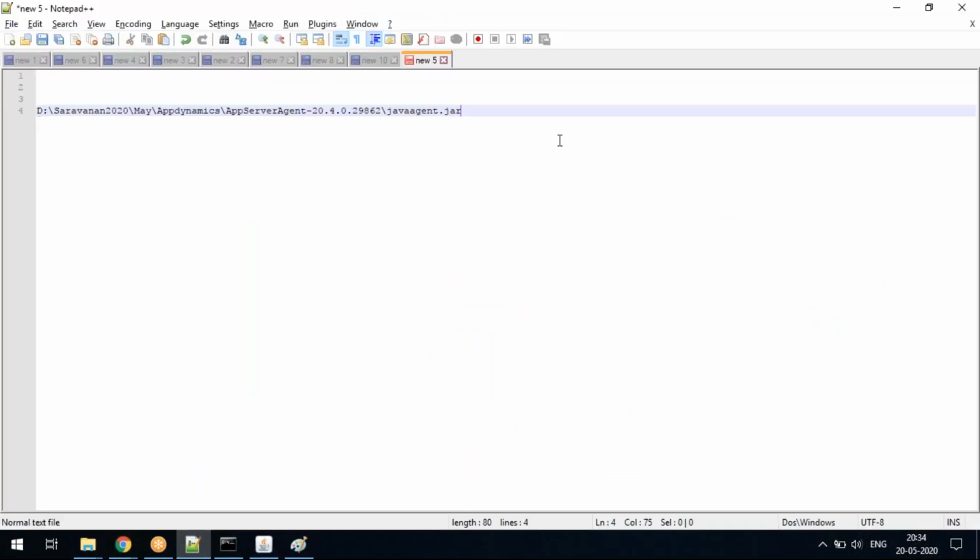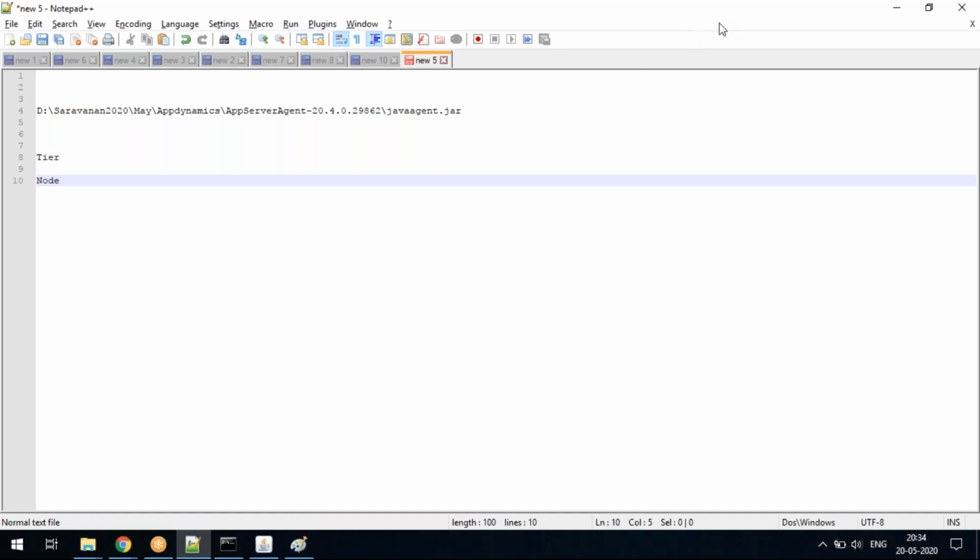What is tier? What is node? Say for example you have an application server, a web server, and a DB server. You have these 3 servers sitting in 3 machines. How many tiers are there, guys? Web, app, DB, so 3. It is a 3 tier architecture, correct? So that is the same understanding.